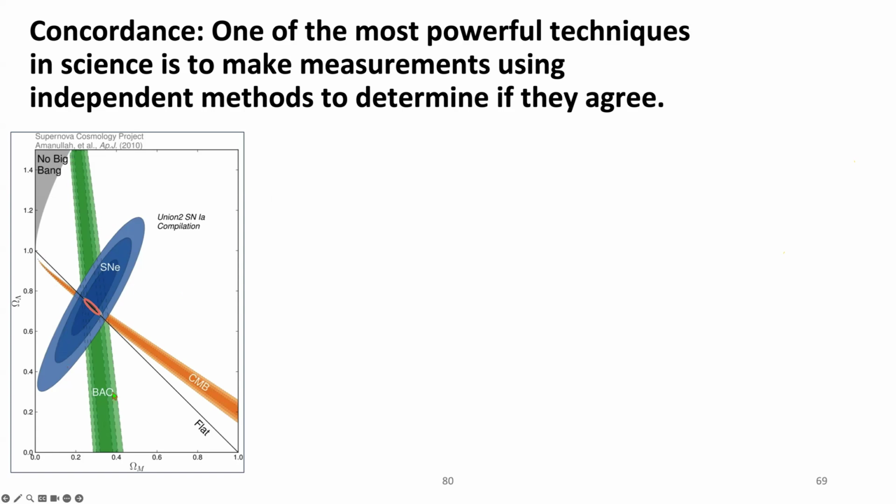At the same time, acoustic oscillations, remember we talked about those baryon acoustic oscillations due to sound waves in the early universe induced by areas of cold and warm radiation, produce this thing that looks like a celery. And those two things intersect somewhere in here. And we'll draw a line on this to indicate the geometry of the universe. And this diagonal line that goes from there to there is the line pertaining to a flat universe, a geometrically flat universe. So the carrot and the celery intersect here in this region,